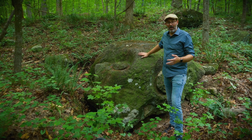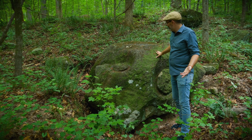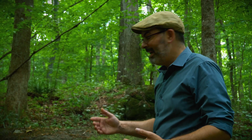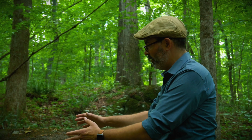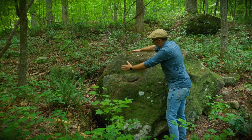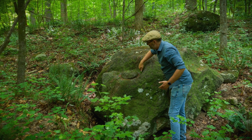Soapstone is a very soft rock. Now, to my eyes, I'm not a geologist, it doesn't look different than pretty much any other rock, but it is so much more easy to chisel. So they would choose a much harder rock, and they'd use that as a knife and a chisel. And they'd find what they called a protuberance. Big word for meaning a part of the rock that sticks out. So let's imagine this section right here probably stuck out like this. So they began chiseling around the base